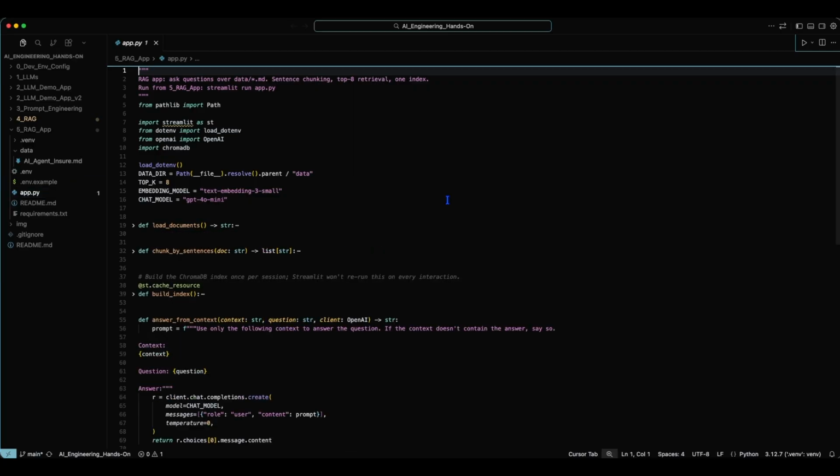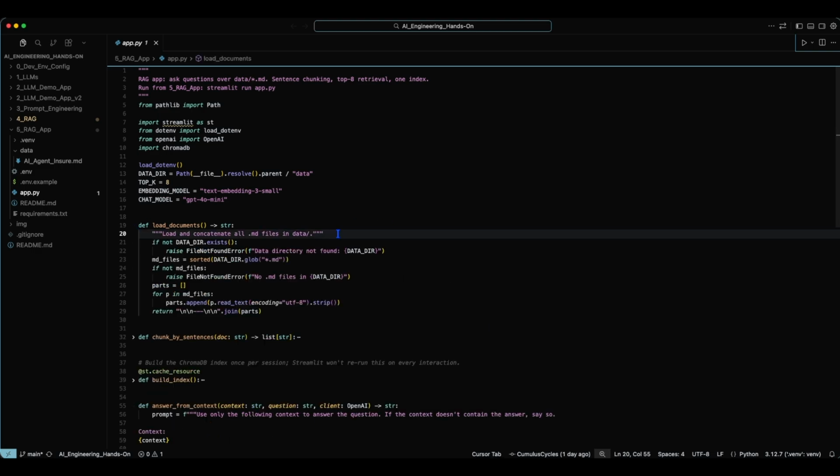Now, looking at this application, it should look pretty familiar if you followed along with the prior video in the playlist. First, we'll import our dependencies. The difference in this app being Streamlit. We'll load the .env file to get our OpenAI API key. We'll create the path to the data directory, set the top K to 8, which, as we saw in the prior video, worked well when retrieving data from the AI Agent Ensure markdown file, which is loaded into the vector store. Select the embedding model and the chat model. Here we have a load documents function, which will load and concatenate any markdown files in the data folder, which in our case we only have one,